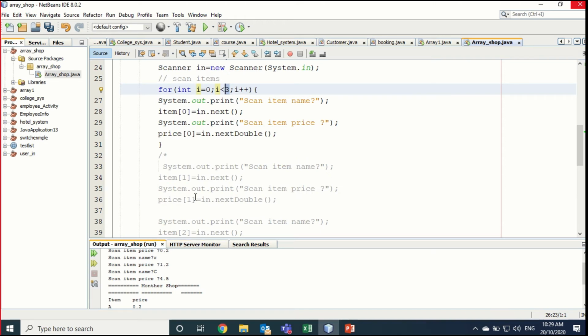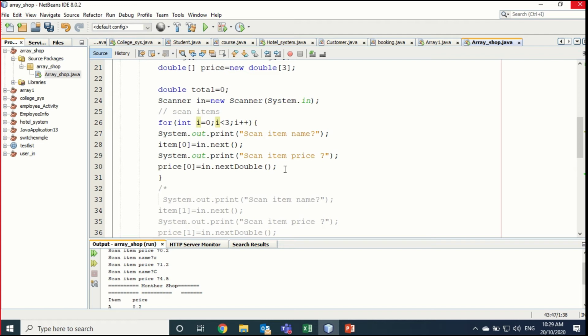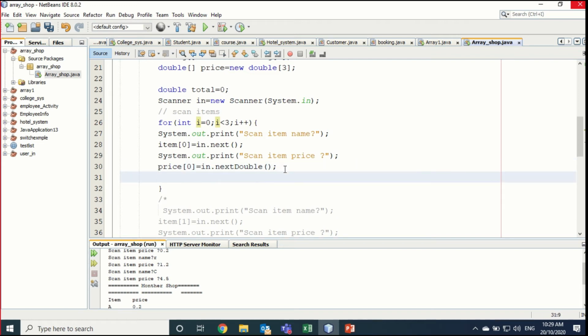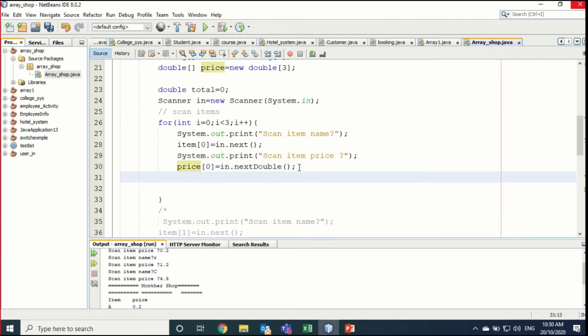And the price, I should add the total here. Instead of writing all together, I can add the total here inside the loop. I can say, these are inside the loops. Okay, these are inside the loop. It's better to do it this way. And every time I say total plus equal what? Price